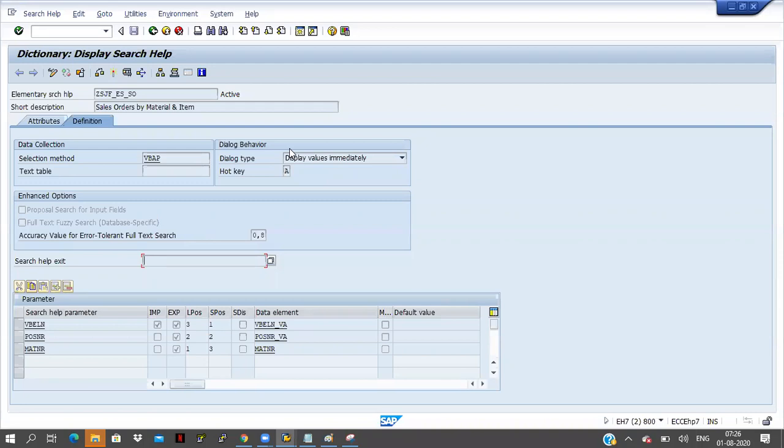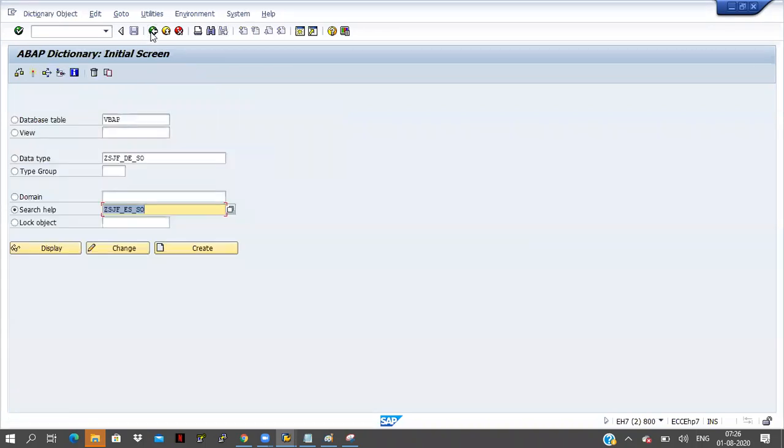See, if I tell you function module, function groups, and any includes like that, you cannot understand. So I will discuss that practically after some more concepts. As of now I am telling theoretically what a lock object is and what its use is. In SE11 only, you can see the last radio button, that is a lock object. A lock object is used to avoid concurrent access by multiple users on the same database. If you tell it like that, you cannot understand.